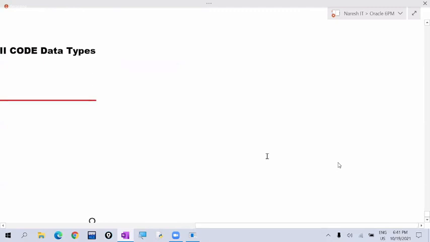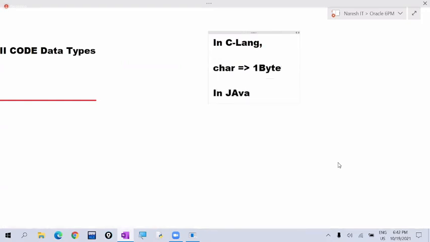In C language, for char data type, how much memory will be allocated? 1 byte of memory will be allocated. Whereas in Java, for char data type, how much memory will be allocated? 2 bytes of memory will be allocated.